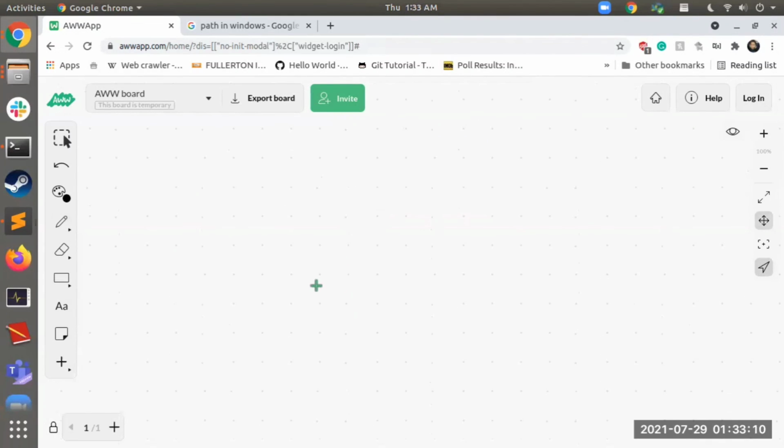Now this is a path. Now let's talk about